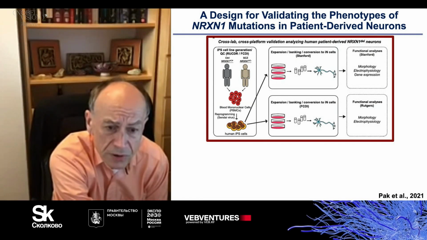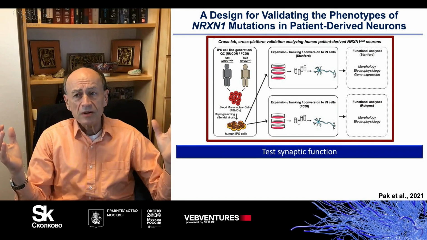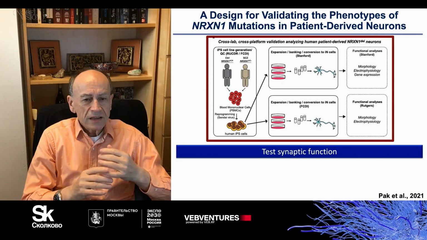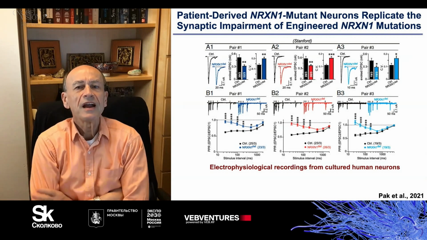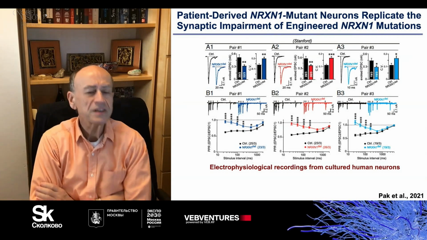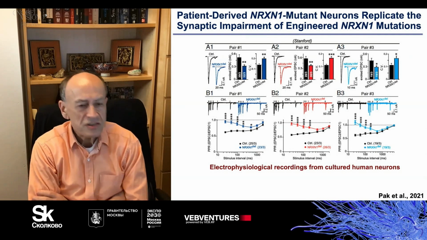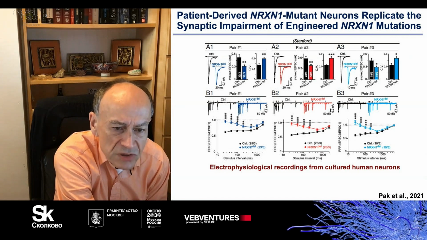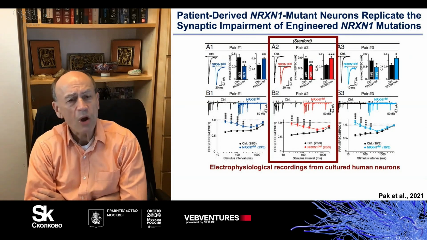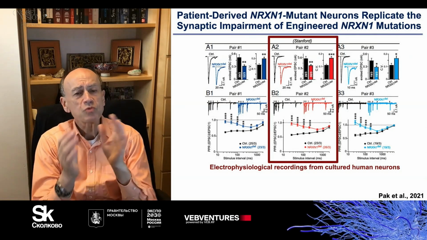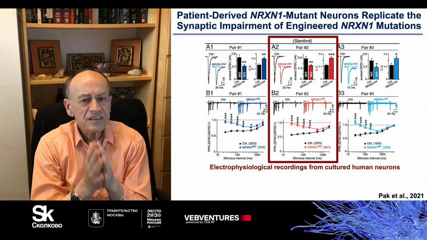And using this approach, we found again that neuronal development was normal. But strikingly, when we tested synaptic function, we observed the same impairment that we had seen previously with the engineered mutation. And this is summarized in this one slide here. I'm not going to go through the details because that is maybe a bit too granular for this audience. Let me just focus on this one middle section here to illustrate to you that in this analysis that were